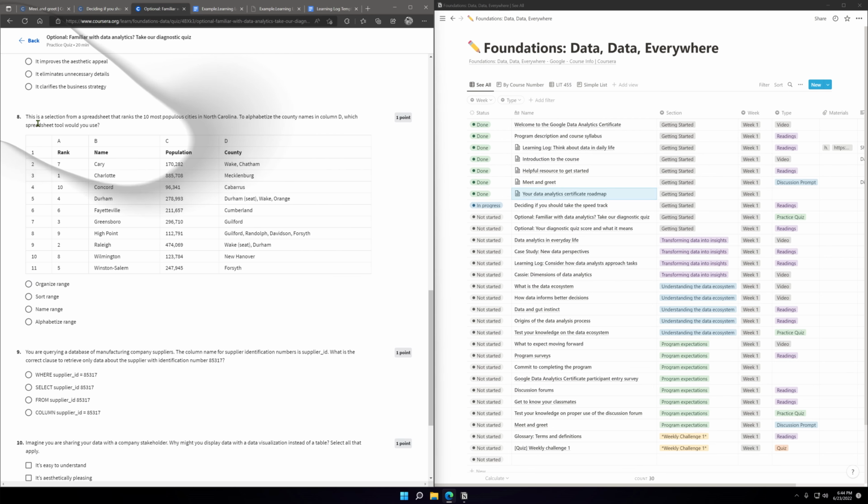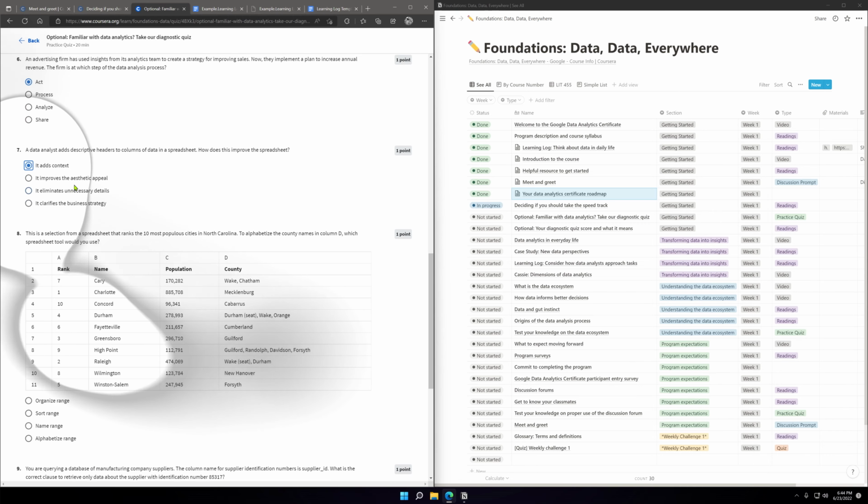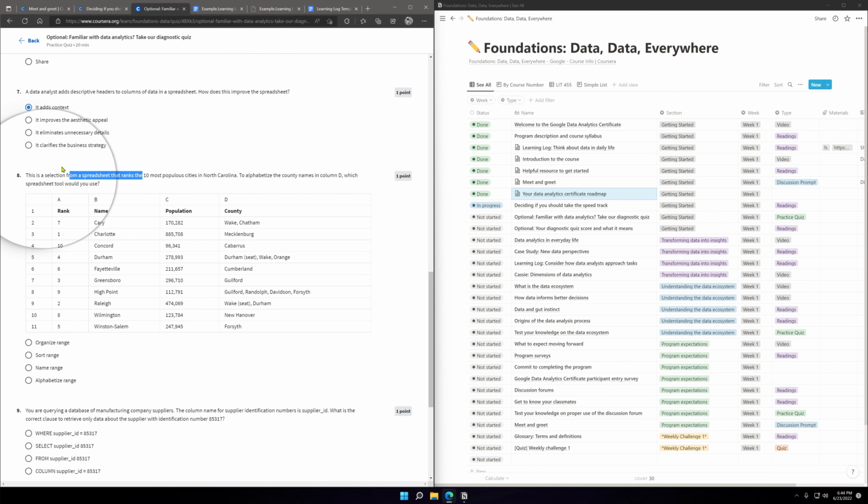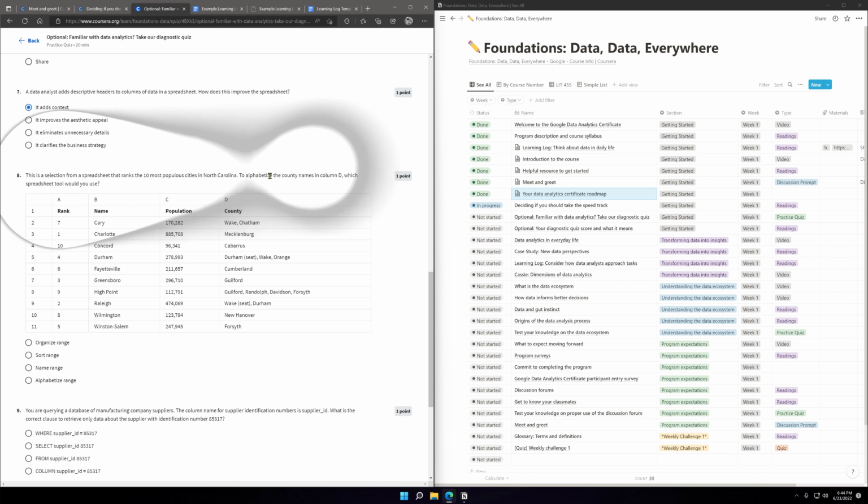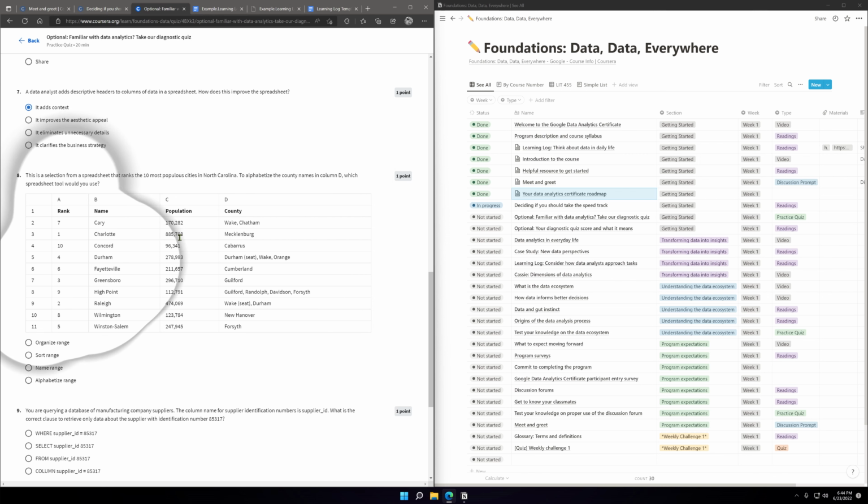How many questions? Okay, 10. I can do this. This is a selection from a spreadsheet that ranks the 10 most populous cities in North Carolina. To alphabetize the county names in column D, which spreadsheet tool would you use?